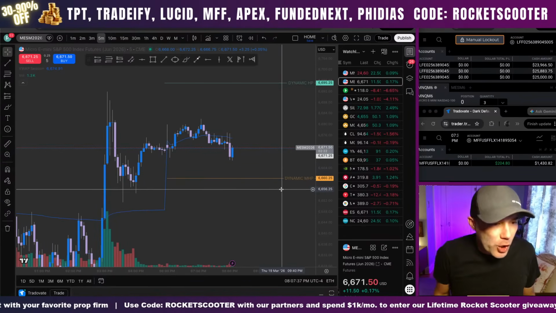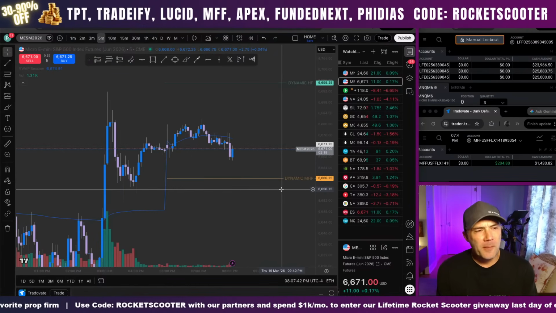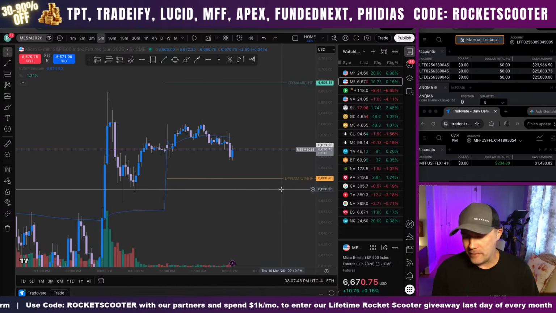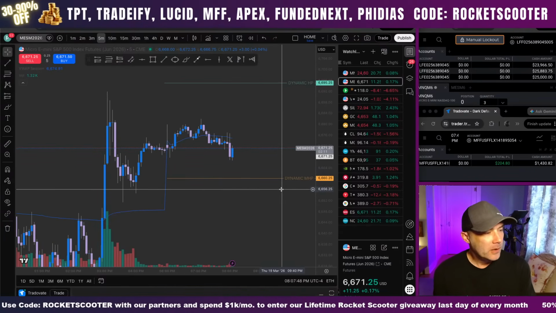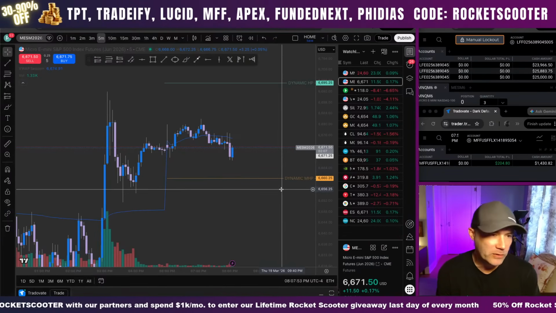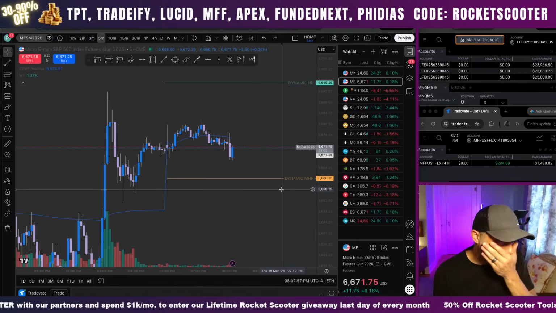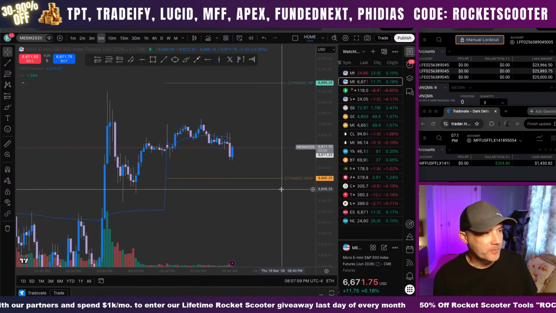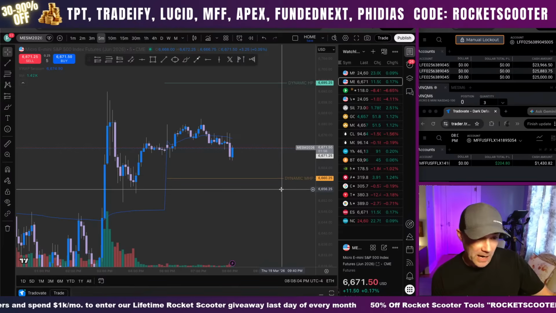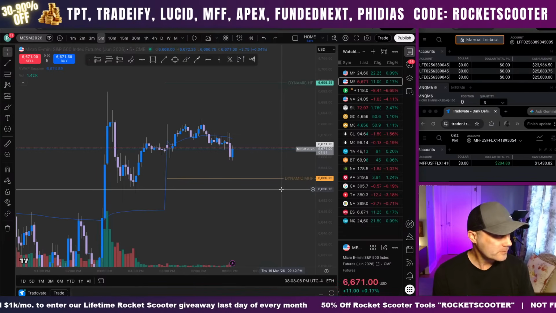Vanderos says, will we get an OG Rocket Scooter discount on the platform? I doubt it. You're probably gonna pay, just like you would pay for TradingView, there's probably some cost involved on the Go Charting side. But honestly, if I can get all the same trading abilities that I have on TradingView, and I believe it looks and feels very similar to TradingView,